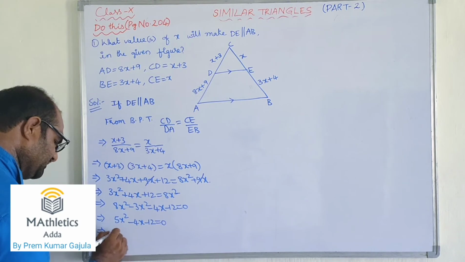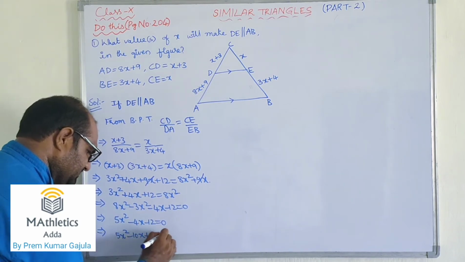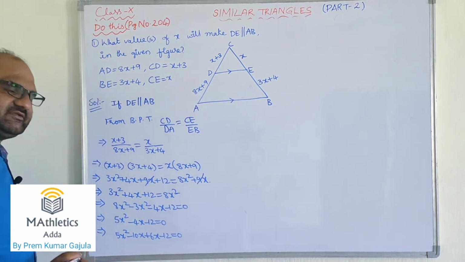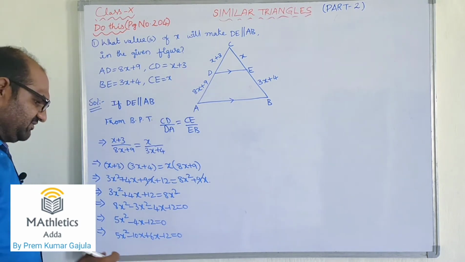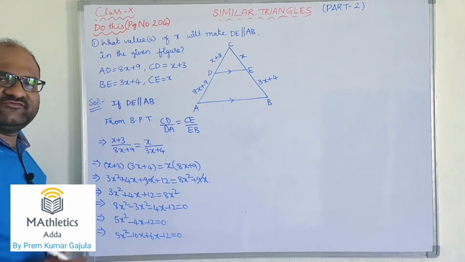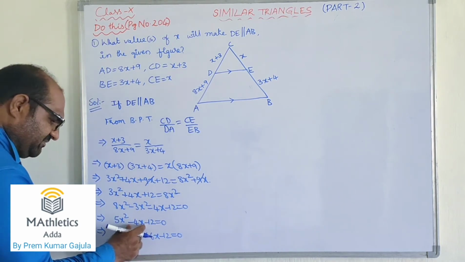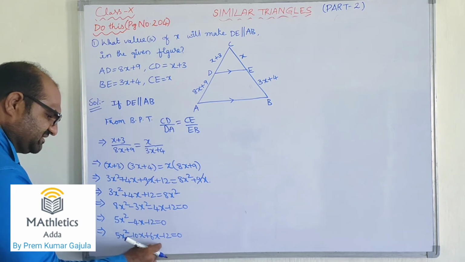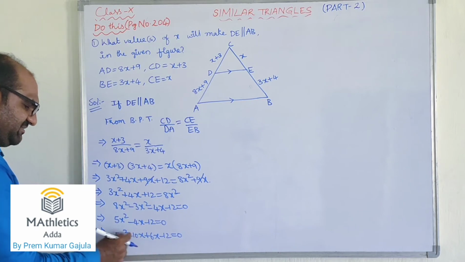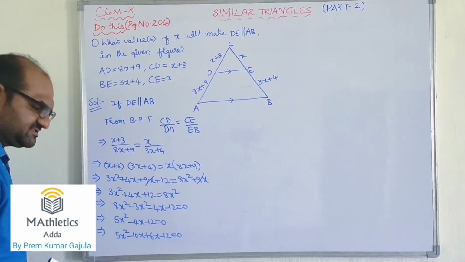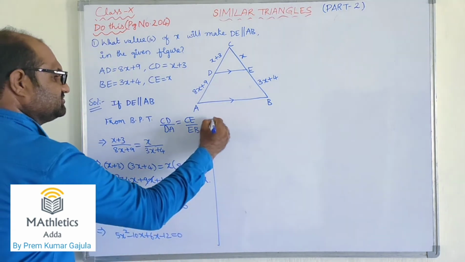I am writing this minus 4x as minus 10x plus 6x. I think you should know why I am writing minus 4x as minus 10x and plus 6x. In 8th class factorization topic we have learnt this, okay? It is in the form of x plus a into x plus b or x minus a into x minus b. So that is why I am writing minus 4x in the form of minus 10x plus 6x. So minus 10 into 6 you will get minus 60. Same as that, 5 into minus 12 you will get minus 60. Okay? So now in this I am taking 5x common.